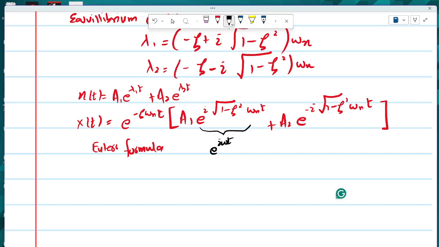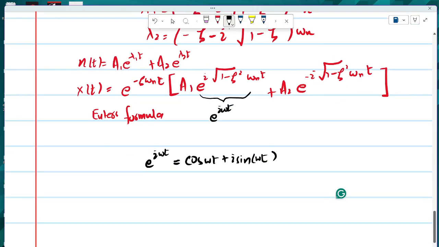So we know e^(iωt) is equal to cos(ωt) plus i sin(ωt). So we can use this formula to expand these, and so it will become